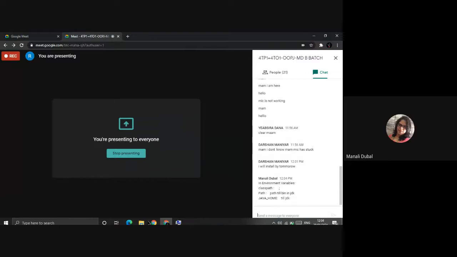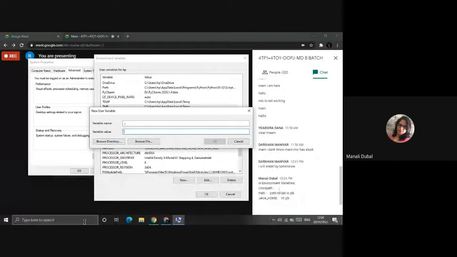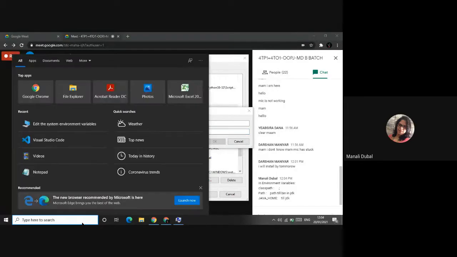Without this, how will you run your programs, Raj? Ma'am, I'm doing it in VS Code. You're doing it in VS Code, right? Yes, ma'am. But I told you before, we don't use VS Code. The generic version is NetBeans, so you have to use that only. Ma'am, my laptop is not working with NetBeans, so what could I do?